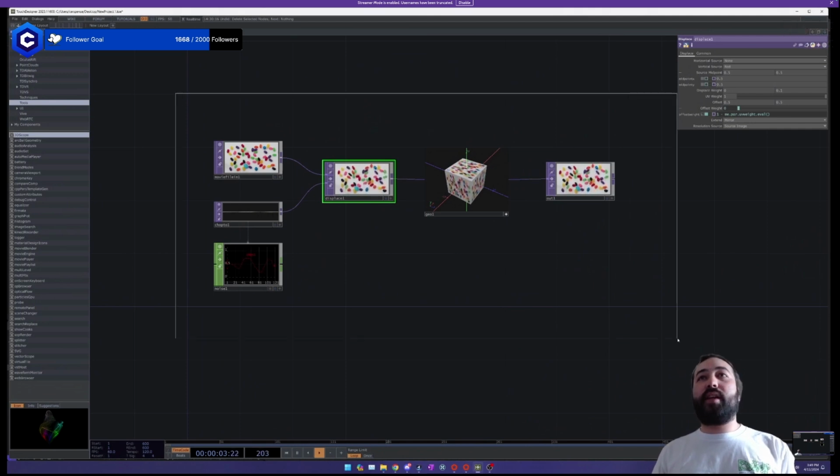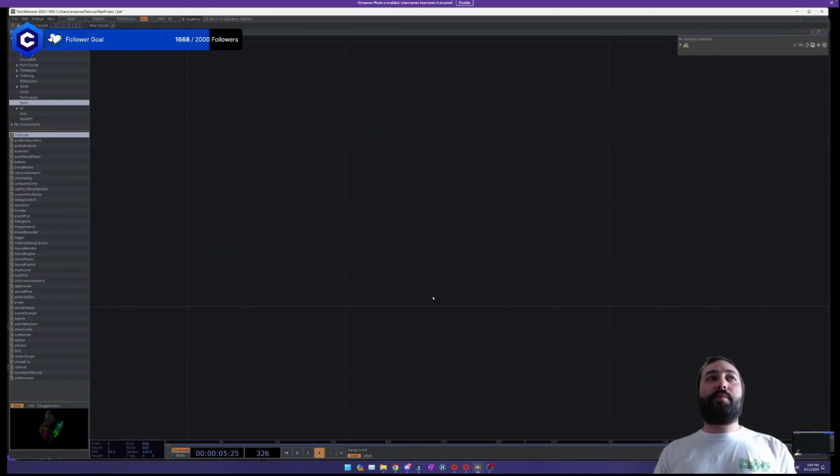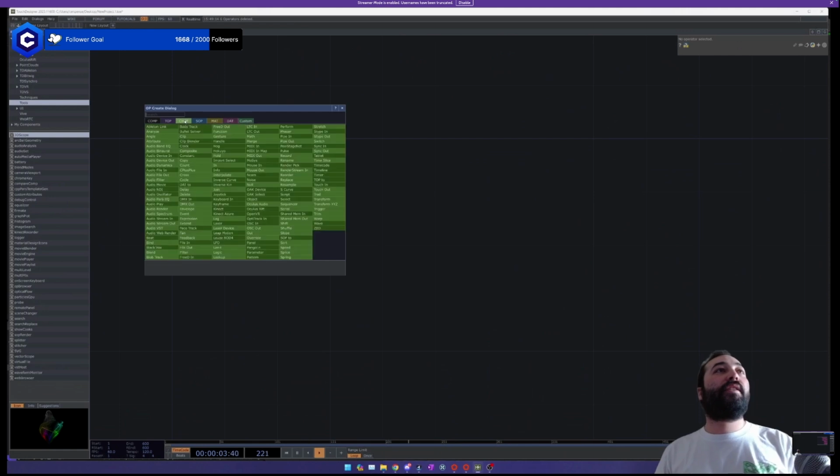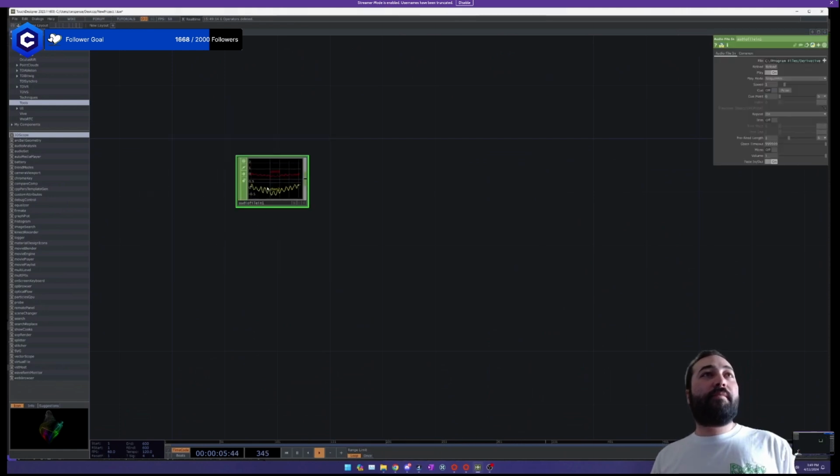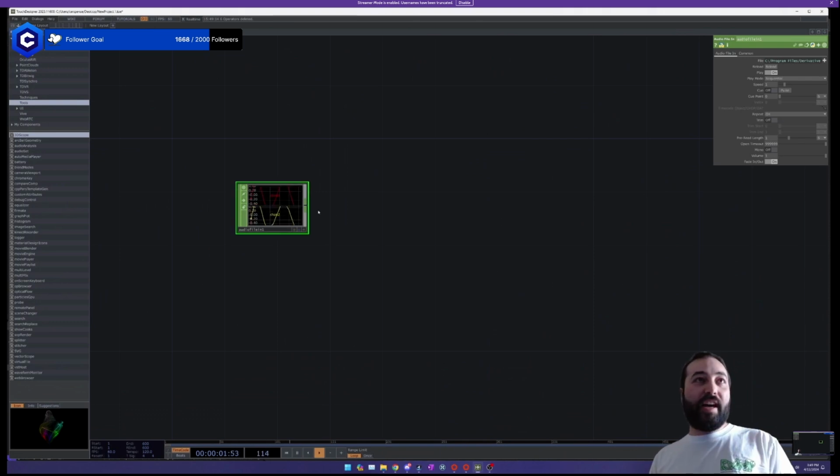I'm just going to go ahead and right click and drag to delete it all, and we're going to start from scratch. So first thing we're going to do is, since this is going to be audio reactive, drop in an audio file. Whenever you drop in an audio file, it gives you this default sound, and you're about to hear it. First, what I'm going to do is add a null.